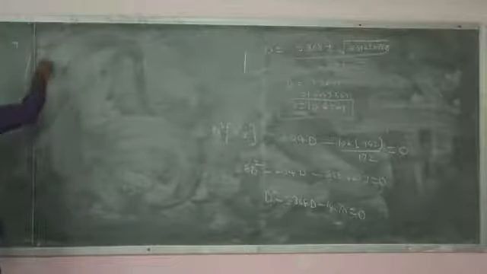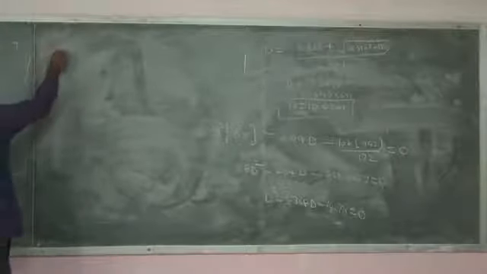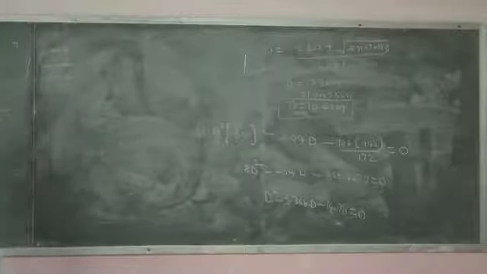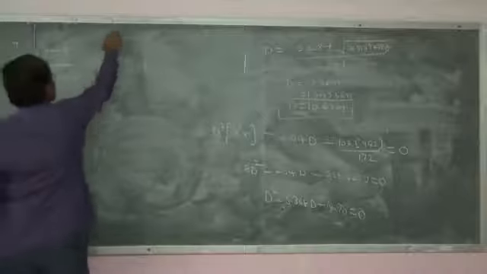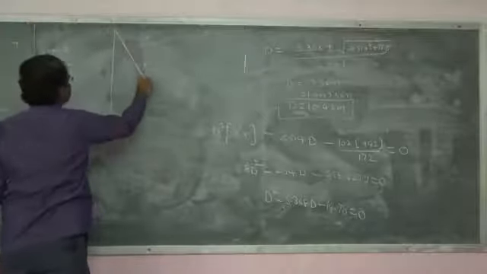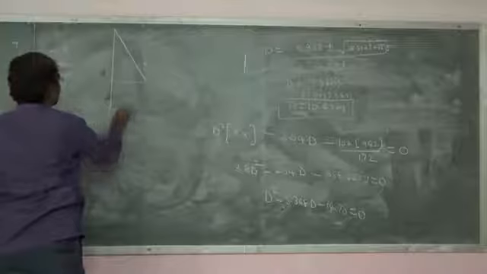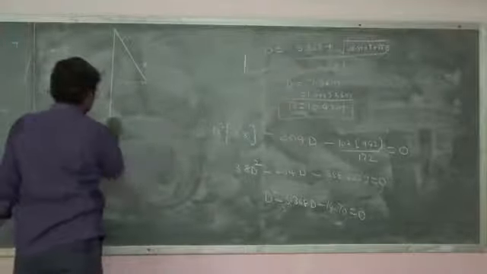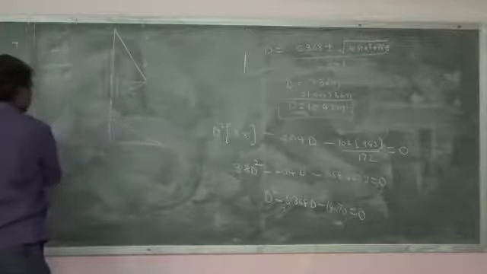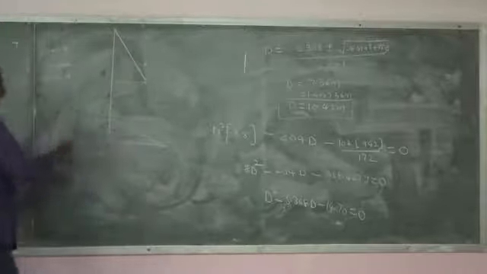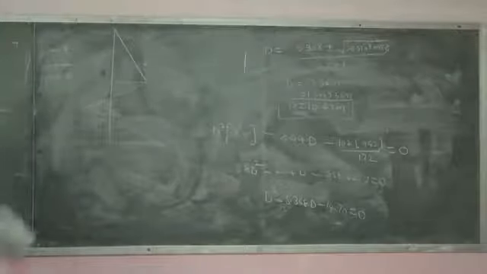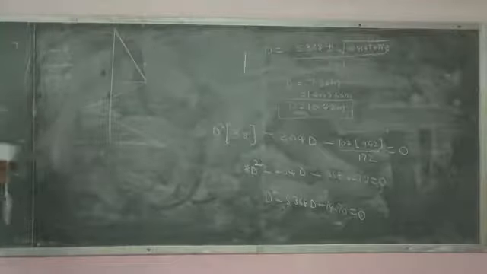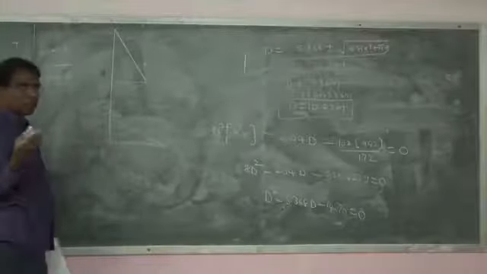First case was above the dredge line sand and below also sand. Means above the dredge line sand is there, below the dredge line sand is there. For this we have found a formula like this. From this again you go this side and again it will come this side. It will extend this one, it will take this one. This is the pressure diagram for when above and below sand is there. That we did. But problems on this were not for your syllabus. But problems on approximate methods were there.